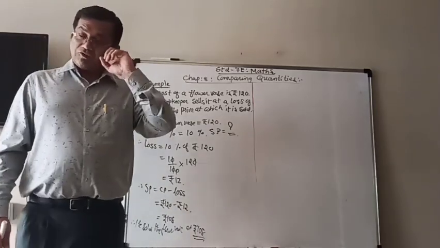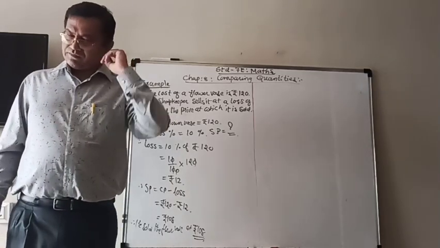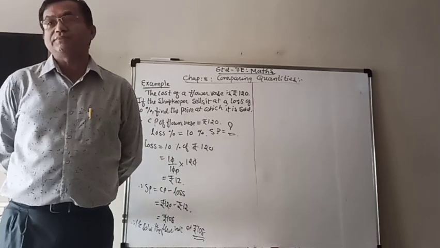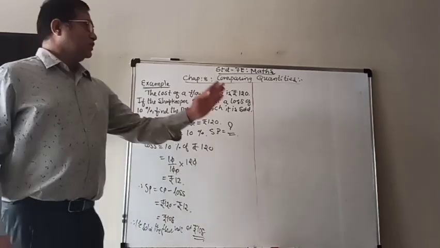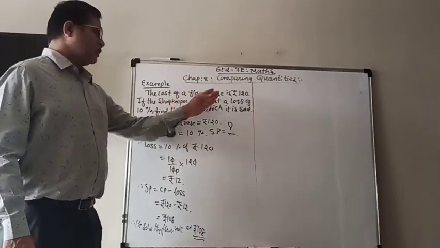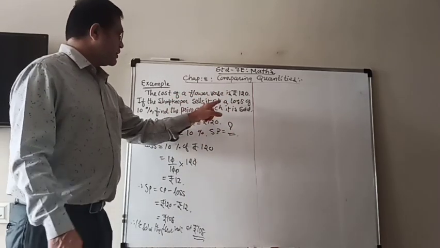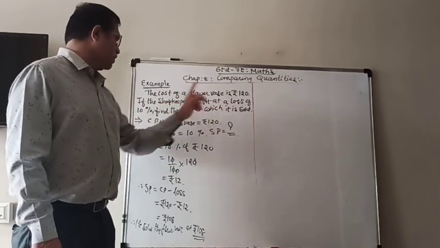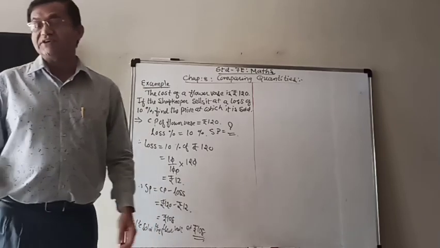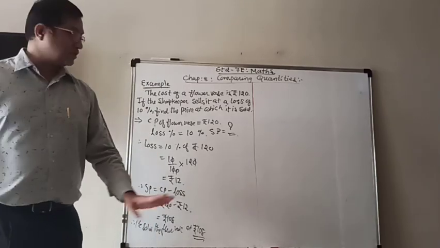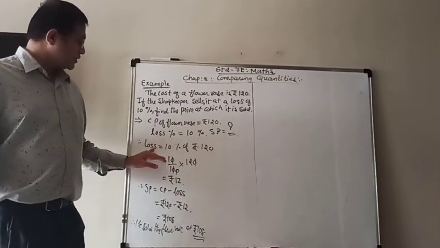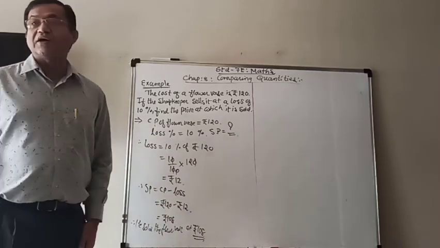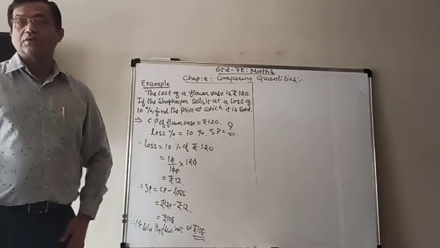Now, what is the main thing? Generally, when you don't read the question carefully, here cost price is given, that is right. Then the students just see that it sells at a loss of 10. They don't look at percent. They think it means 10 rupees loss. So they will do what? Loss 10. So CP minus loss, CP minus 10. Then they will write down 110. And your answer is wrong.